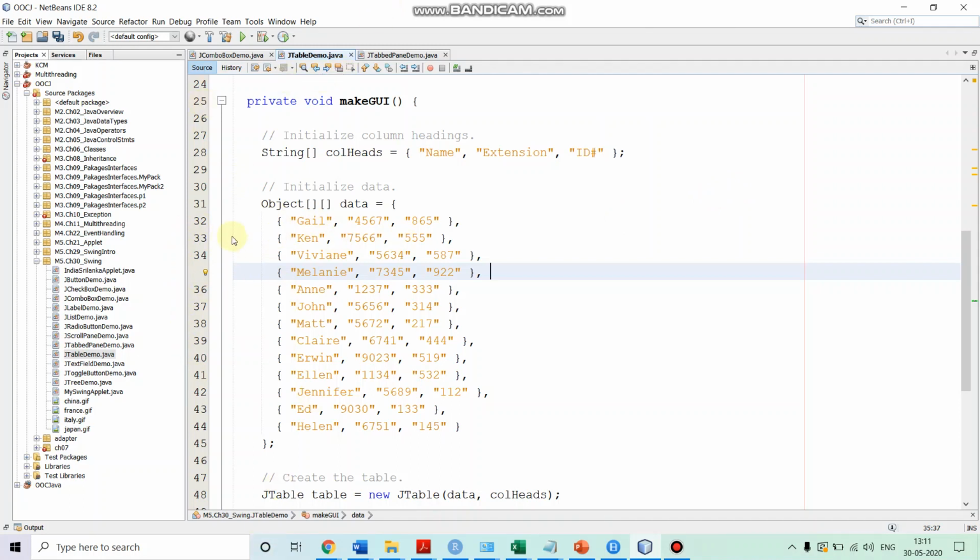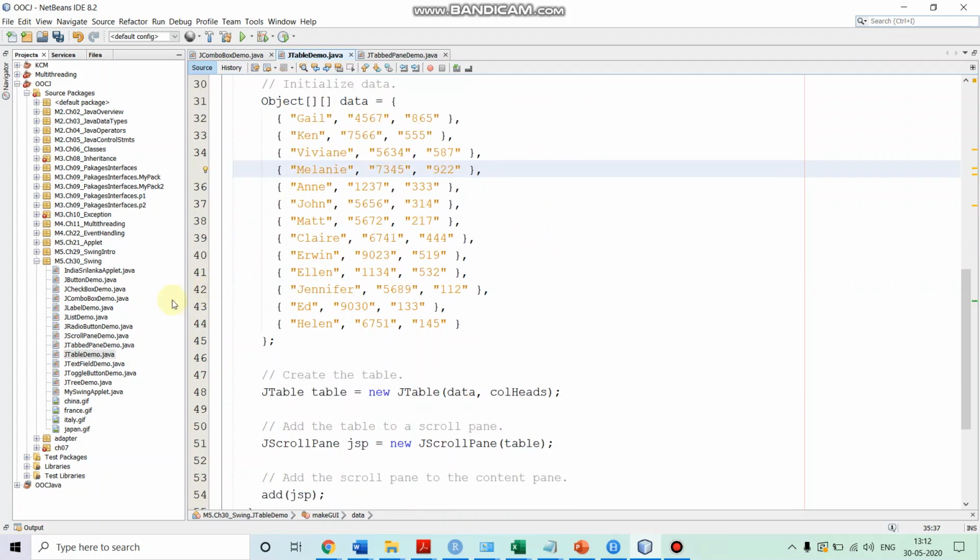Every row has 3 strings, and we have many such rows in the two-dimensional array. Since our data has 3 columns, each row has 3 elements.